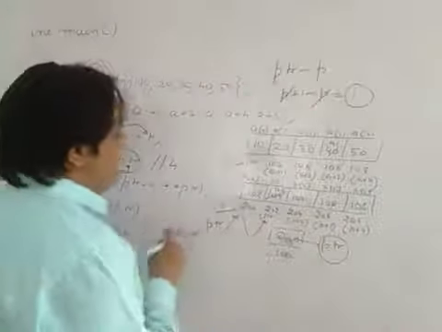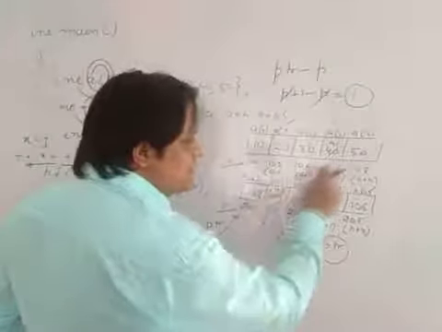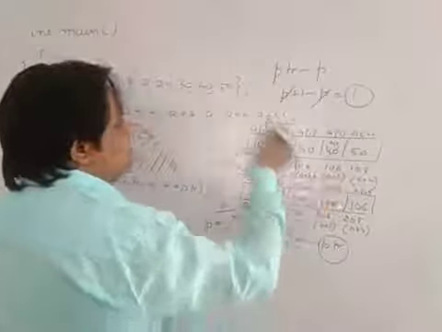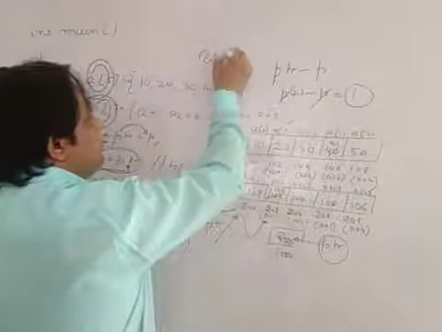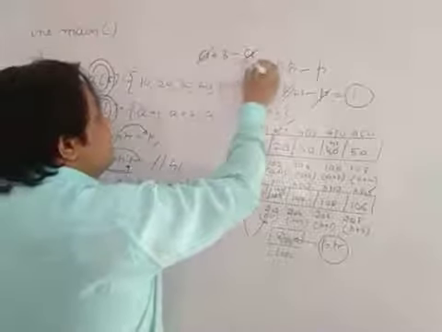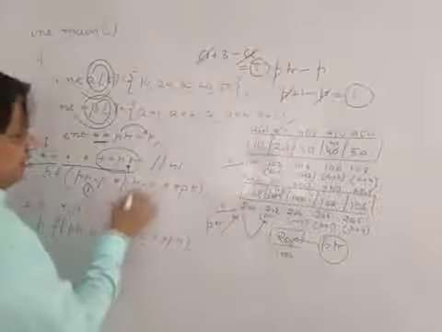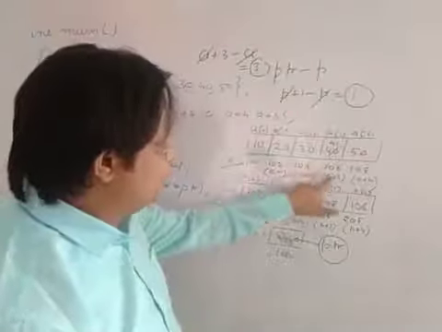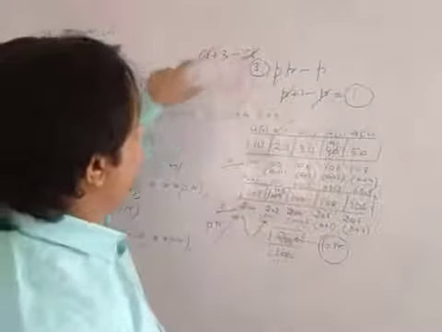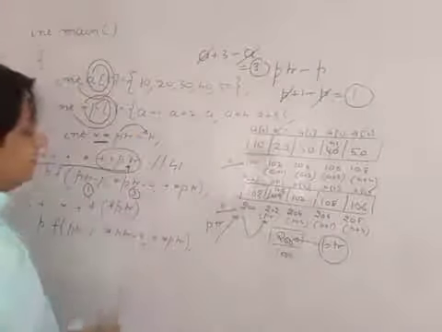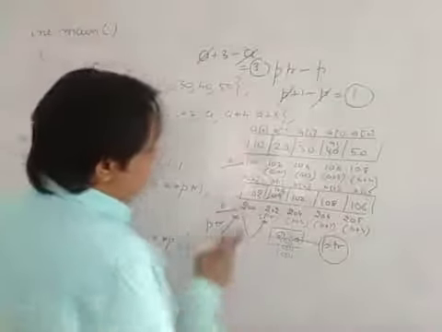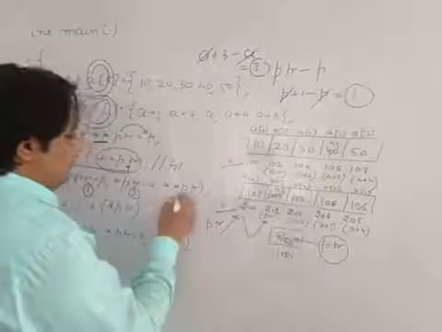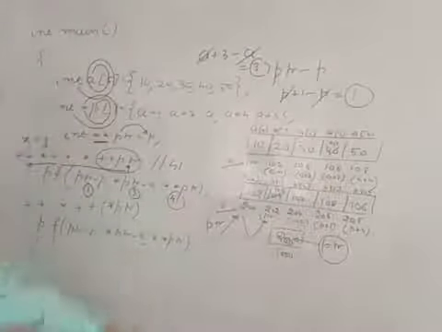Fine. Now star ptr minus a, star of 202 is now 106, and 106 is what? It's a plus 3. So a plus 3, how can you solve that? You will write a plus 3 minus a, cancel out, what is left is 3. So star ptr minus a is 3. I am again repeating, star ptr minus a. Star of 202 is 106. 106 is a plus 3. So a plus 3 minus a cancelled out, what is left is 3. And now star ptr is pointing at 202. Star of 202 is 106, and star of 106 is 41. So the answer of the first printf is 1, 3 and 41.